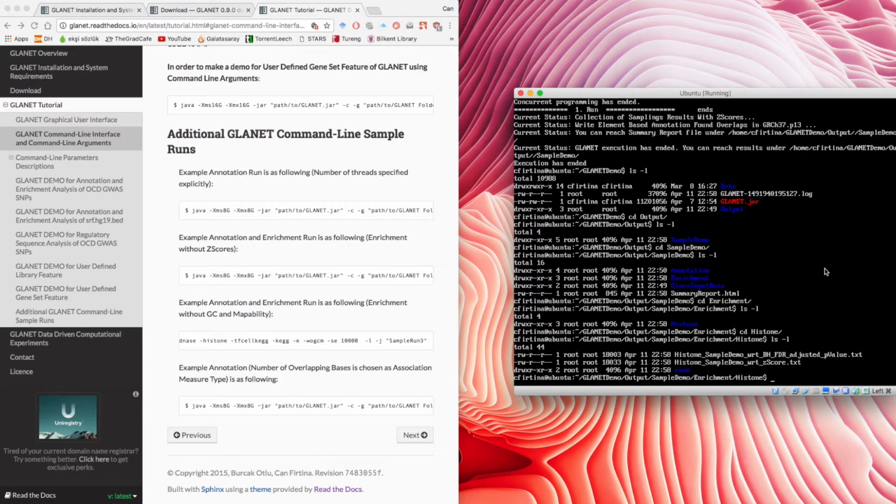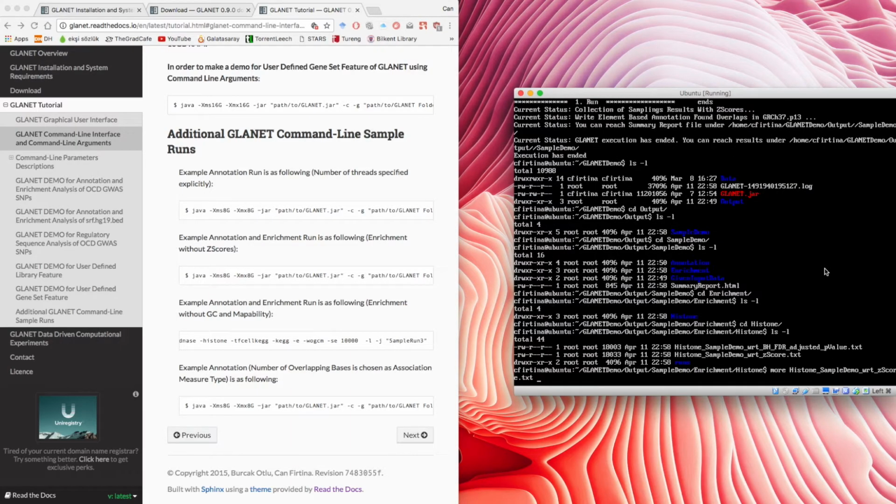You'll see two files basically, and I'm gonna open this one with Z scores. These two are basically the same file, the only difference is the ordering. This one is ordered by the Z score,